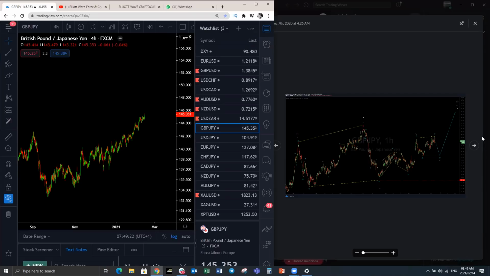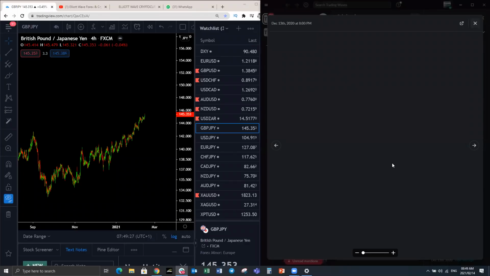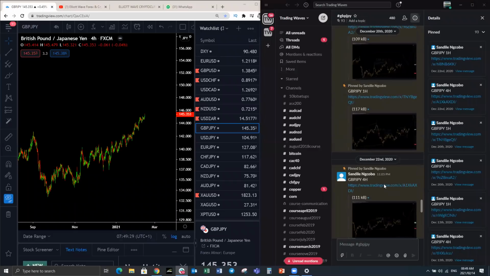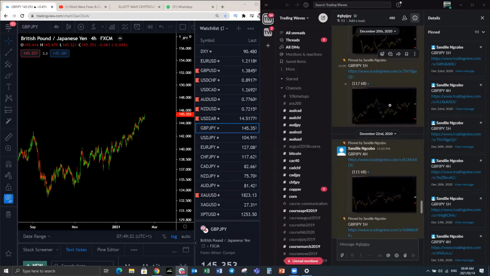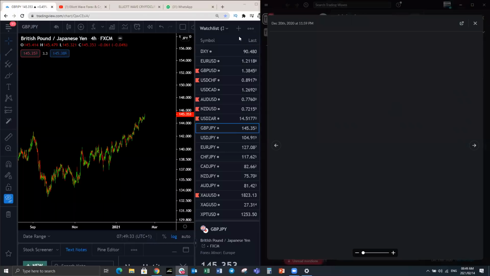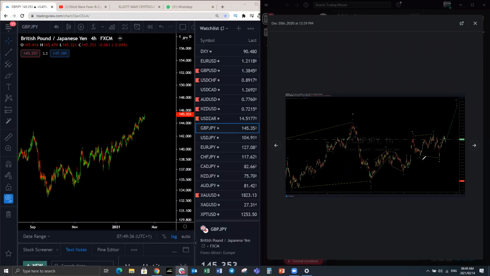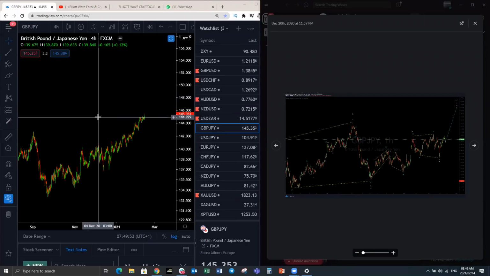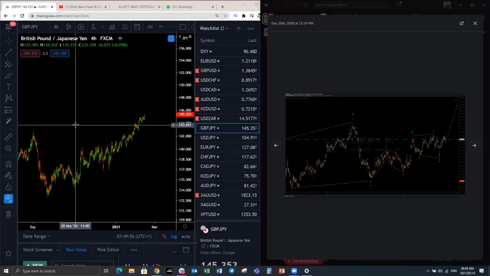Okay, so that is how we trade, and this is how pound yen has been playing out over the last couple of months. Okay, as it goes, we keep updating, as you can see. So that means you will know at any given time what the direction of the market is. These charts are posted on our website for members to view at any time. So we keep updating them. So this move plays out. So we're looking for this to continue to the upside, and that is how we trade. So if you want to get it right, make sure you understand the sequence correctly. You need to have the strategy.